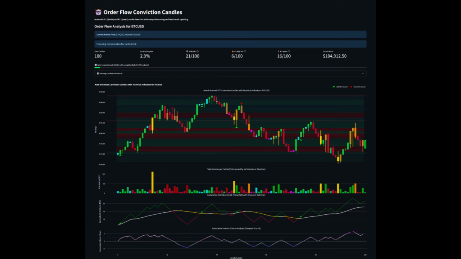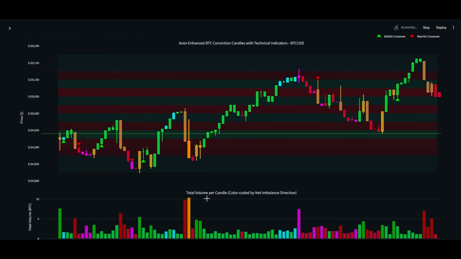The clarity advantage: this approach brings unprecedented clarity to traders. Instead of wondering whether a breakout has real conviction behind it, you see the mathematical proof. Instead of getting caught in false signals from arbitrary time closes, you trade only when genuine institutional commitment reaches meaningful